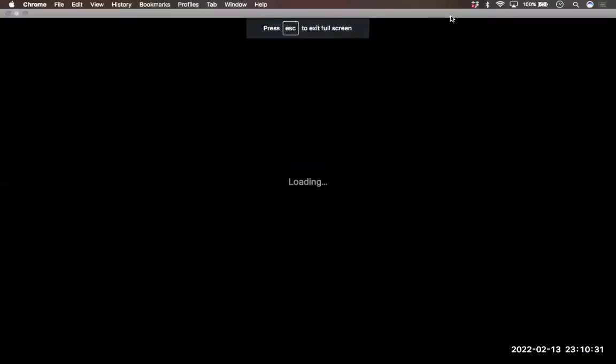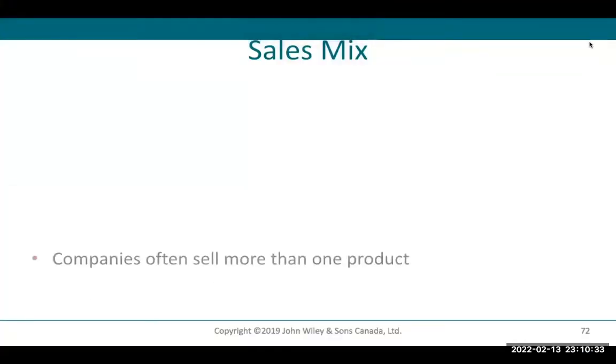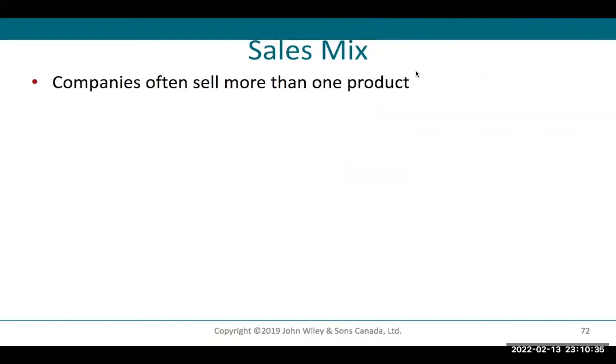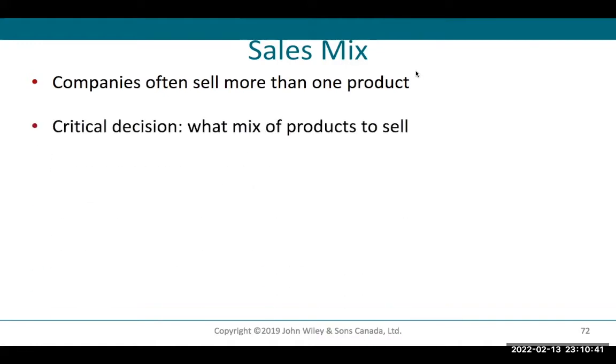So we realized in companies, a lot of the times companies sell more than one product. And one of the critical decisions that companies have to make is what mix of products to sell. In other words, how much of this product should we sell versus that product, so that we are making the optimal amount of